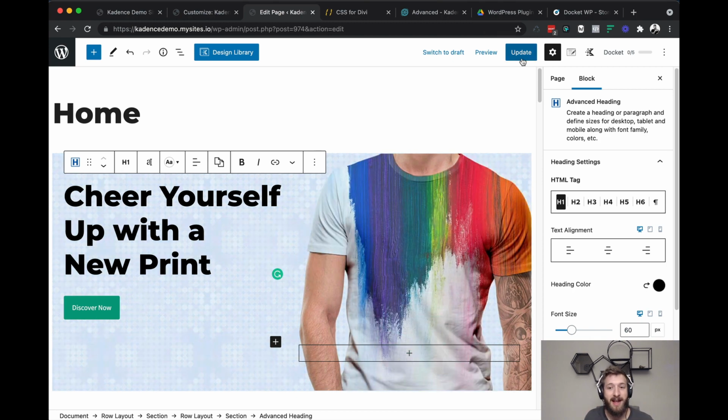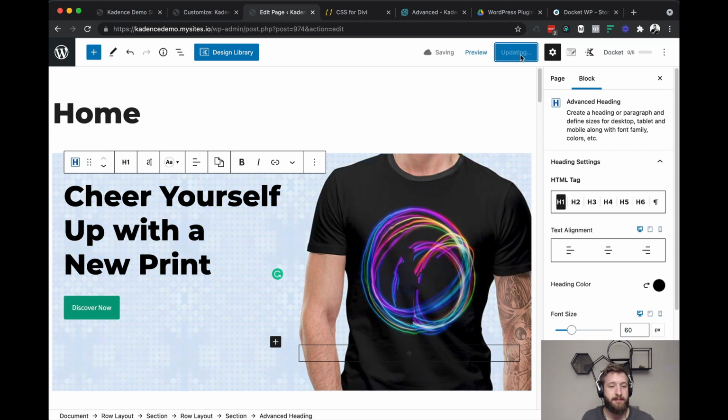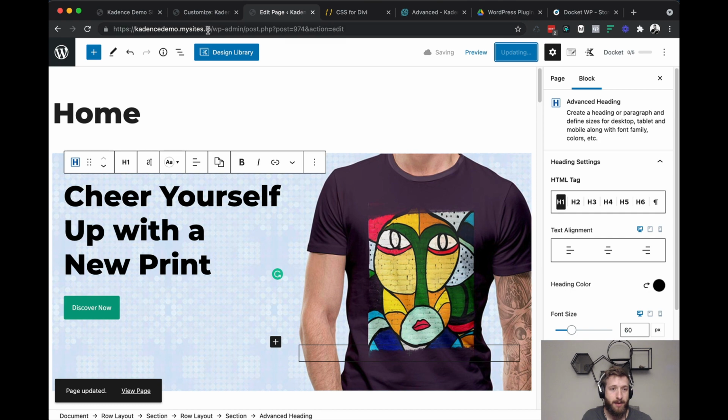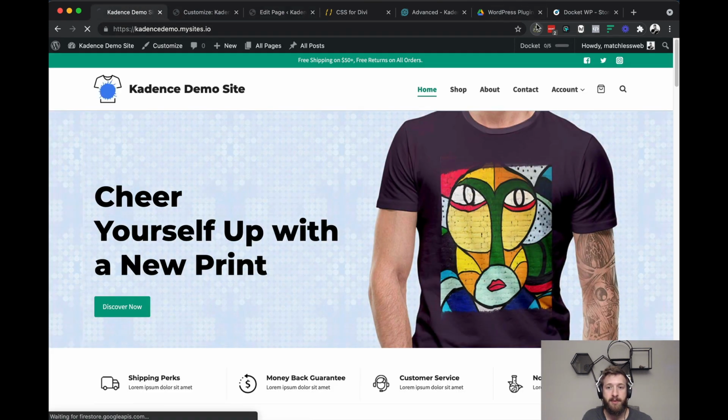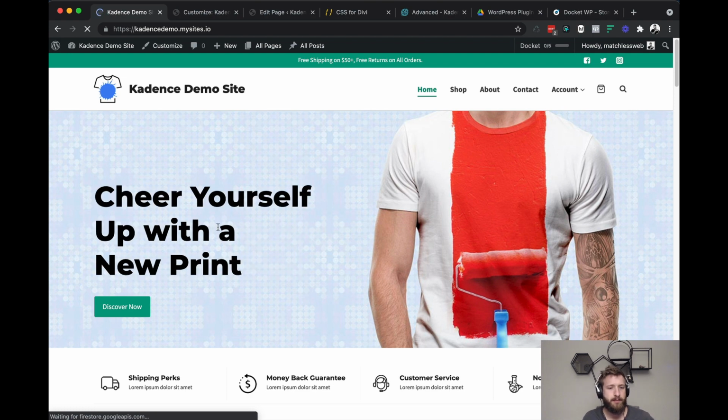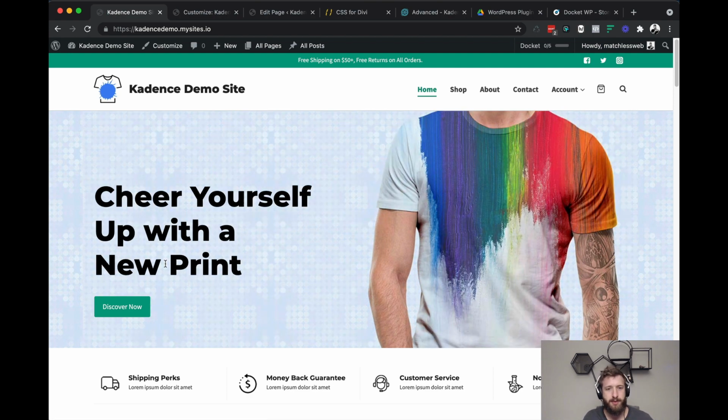So where we did have the word print jumping down to the next line by itself, now whenever we refresh, we will always see the word new and print together. So that's pretty handy.